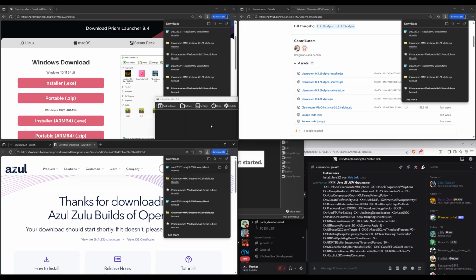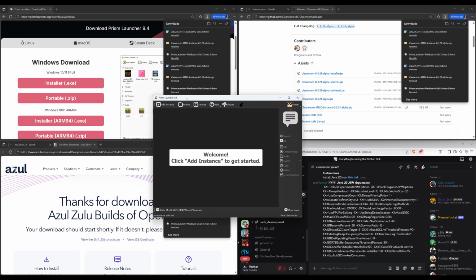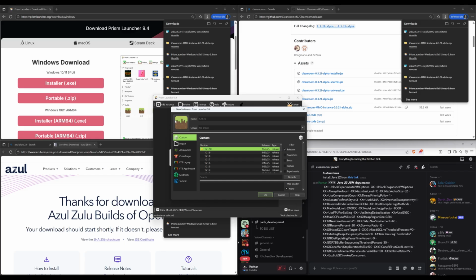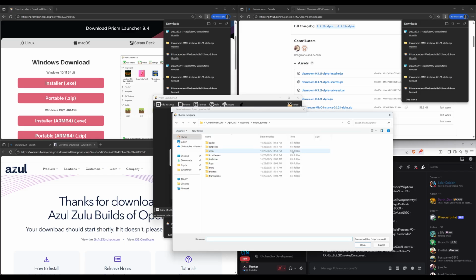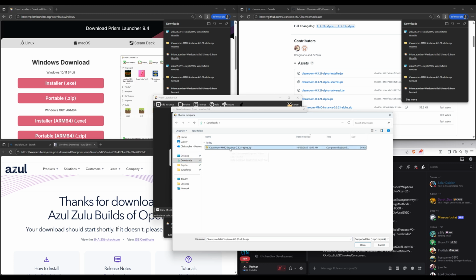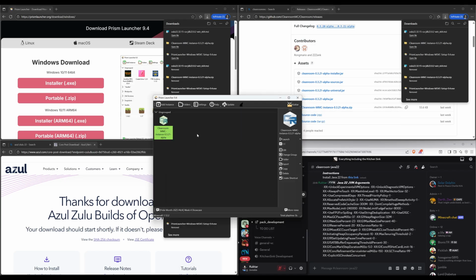Once you're finished with the Java 22 install, you're going to go back to Prism, and you're going to click Add Instance. You're going to select Import, and then Browse. You're going to go to your Downloads, and you're going to select the Cleanroom instance. Once you have that selected, you're going to select OK, and then you're going to right-click it and click Edit,